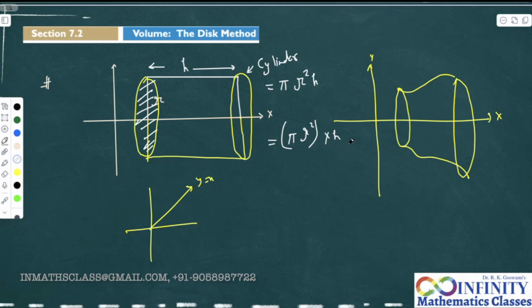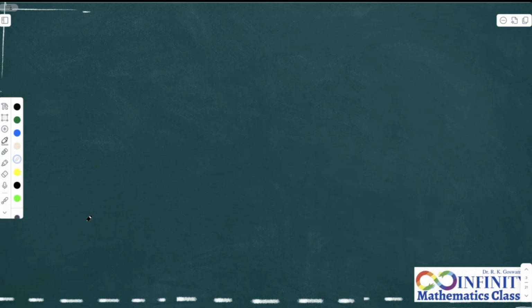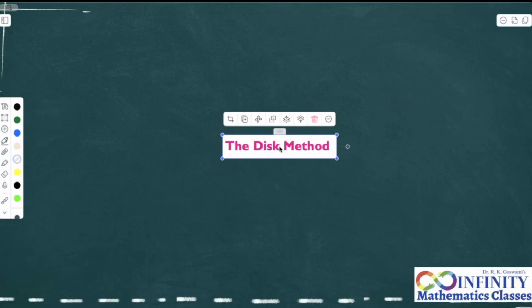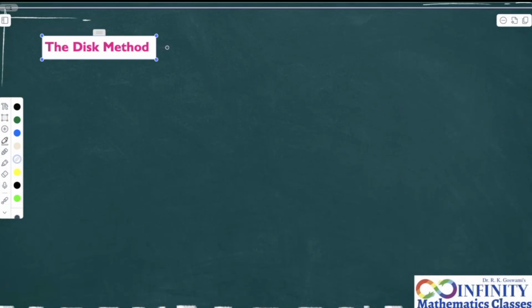We'll be using these types of concepts, and this is the simplest case. In the later cases, for example in this situation, there is no h like this. It is not a straight one. So we need to make use of integration techniques to find the volumes. The first method we are discussing here is called the disk method. In the disk method, the volume of the disk is given by